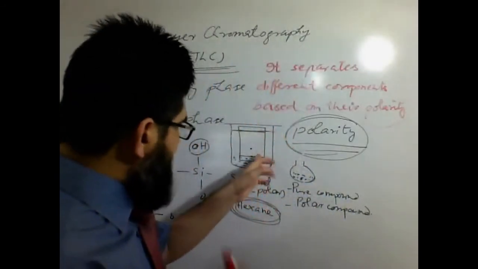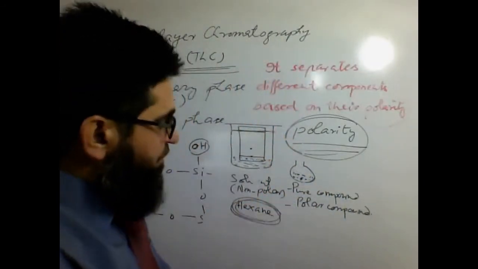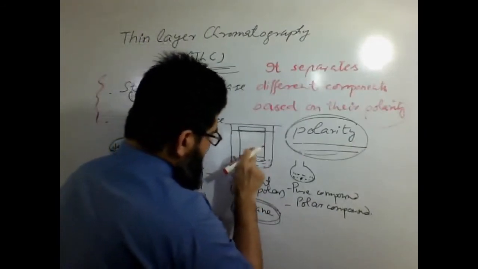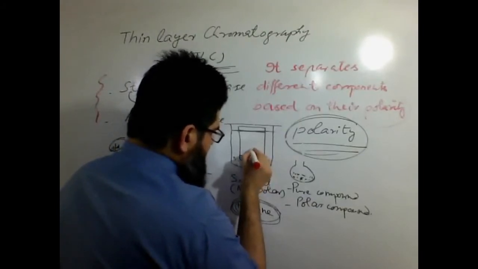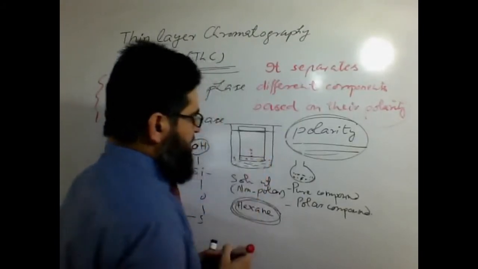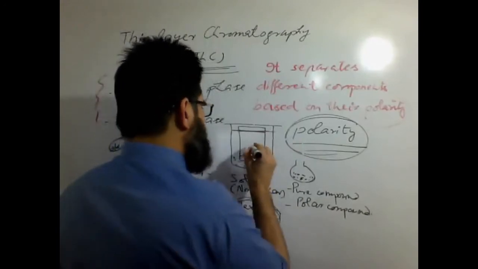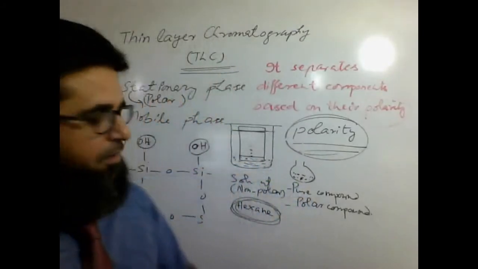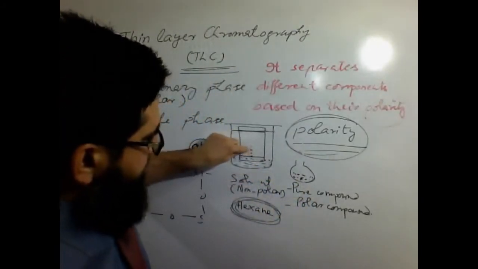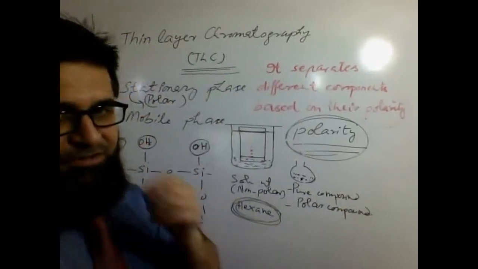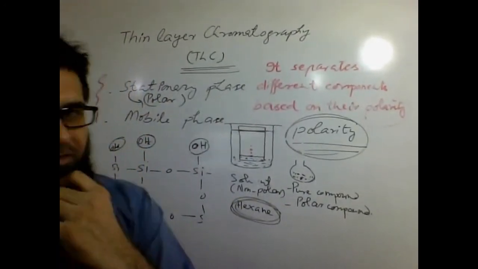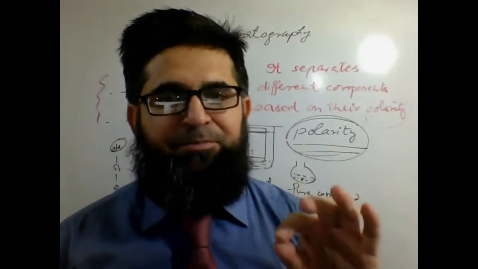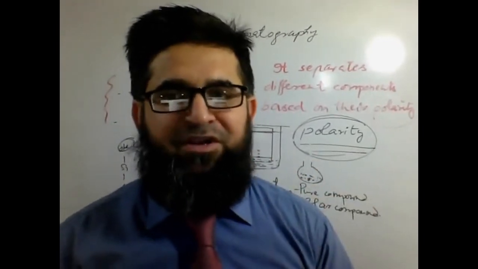So I can say that the given compound is in pure form. It's some sort of like this. However, if there appear two or three spots, different from each other, with a bit of difference in their position from the base, then it means the given mixture is not a single, not a pure one; it carries more than one component in it.